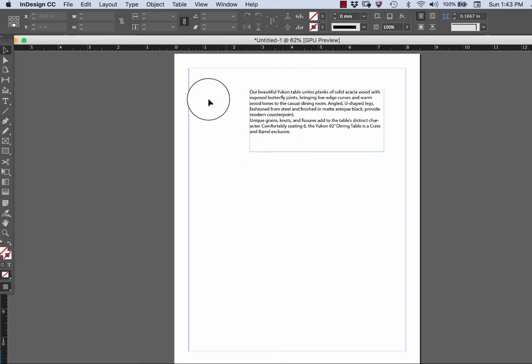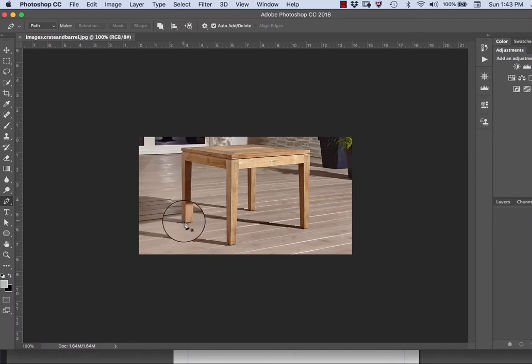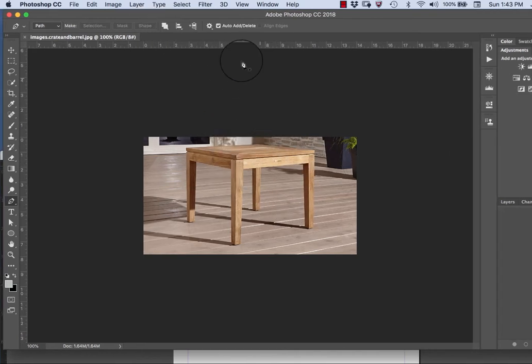Okay, I want to show you how to make clipping masks. You probably learned them already in a different class, but let's just say that I wanted to create an advertisement for this table, but I want to lose the background. So the first thing I need to do is in Photoshop, I got this image from the internet,